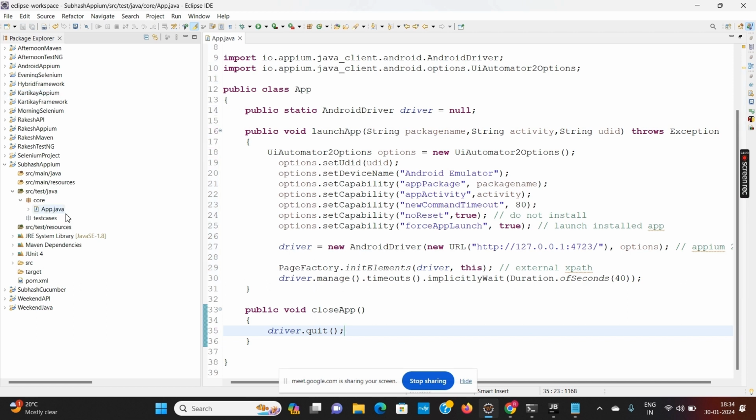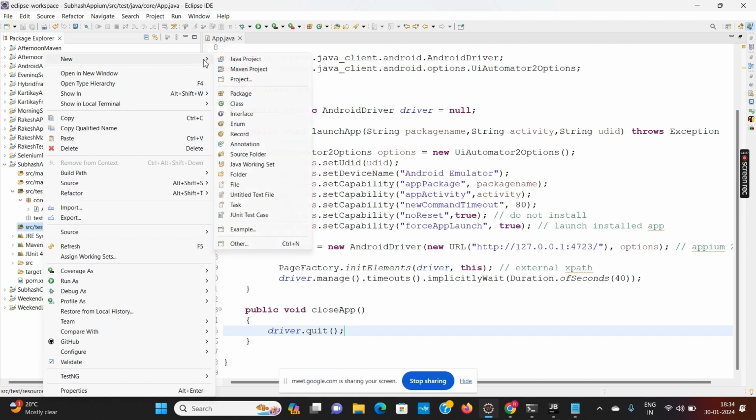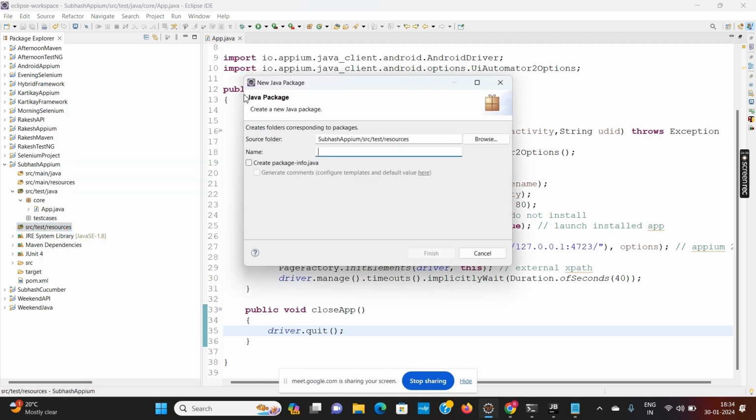Okay. Now, because this is my Cucumber project, I told you in Cucumber, you have to add a document file. So I will go to the resources, right click and create a new package by the name of feature.